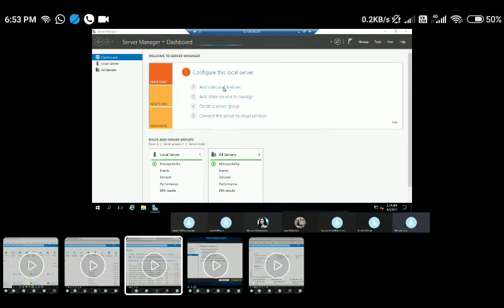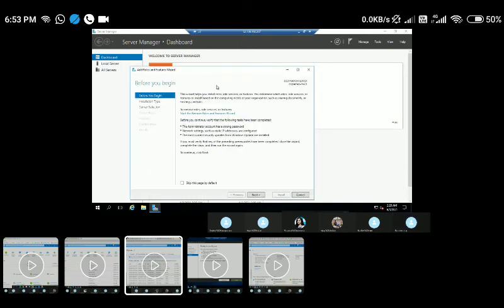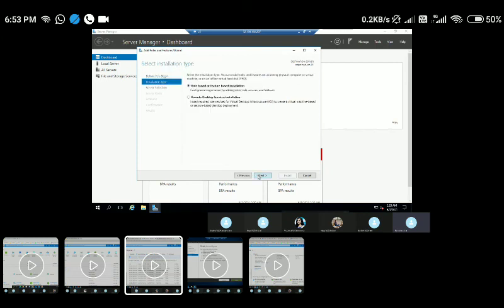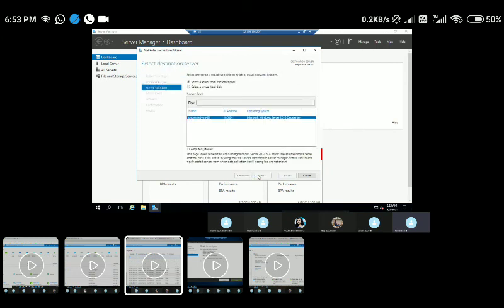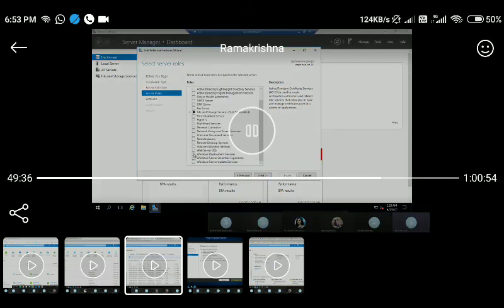If you remember, we went into this Add Roles and Features. So just click on Add Roles and Features. I think it is still collecting the inventory data. Let's wait for it. Let me try it again. I can just go ahead and add roles and features, and as soon as I add, I can go to next, next, and next. And here, from these roles, we have seen how we can enable